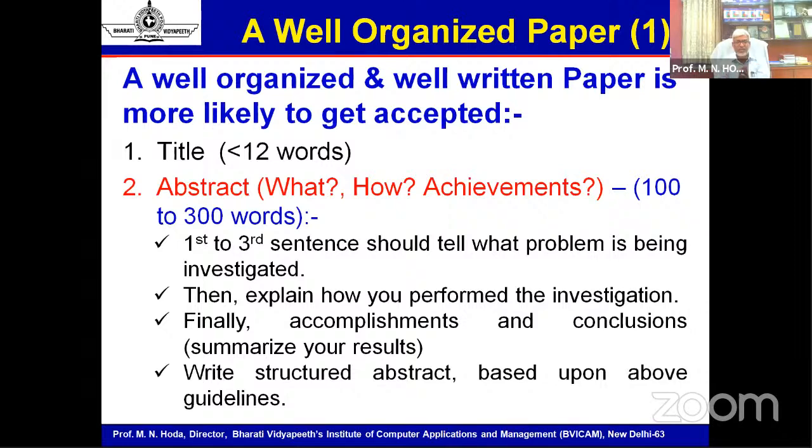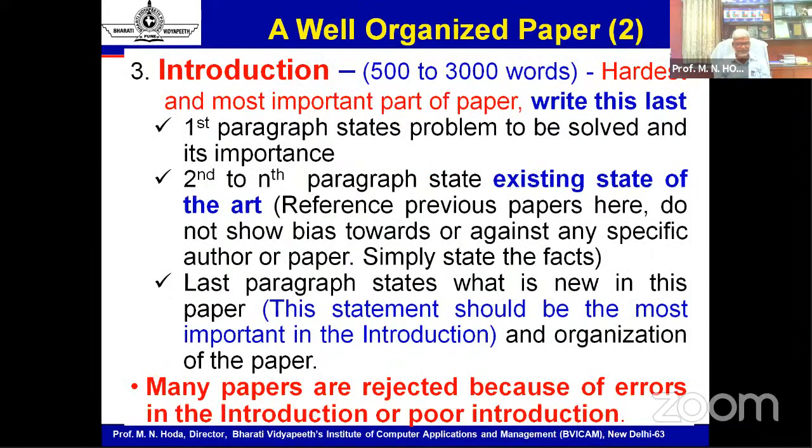and a general suggestion is that the length of the abstract should be 100 words to 300 words, and the actual size will differ based on the paper, right? So if you include this, the what aspect, the how aspect, and the actual result, the achievement aspect, your abstract will be considered a structured abstract, right?